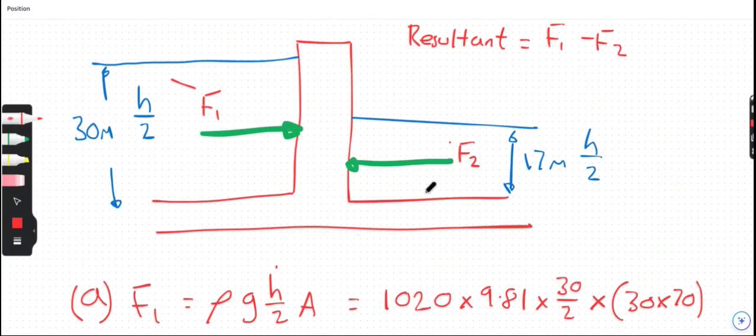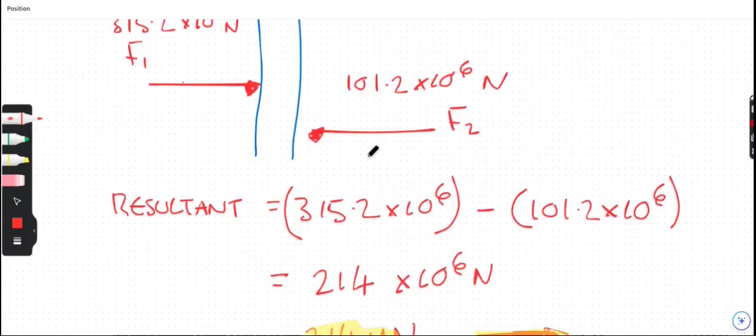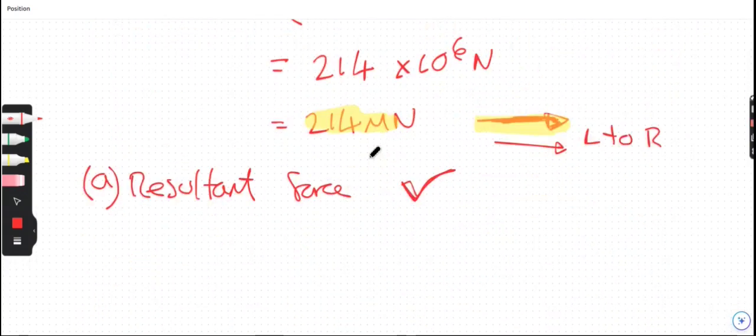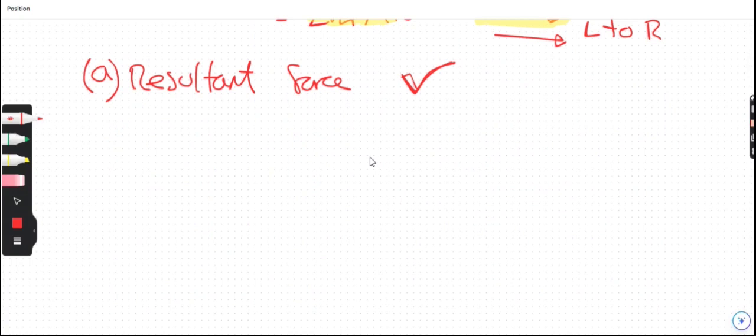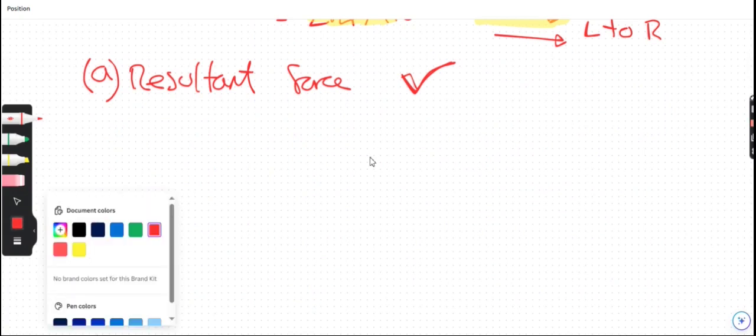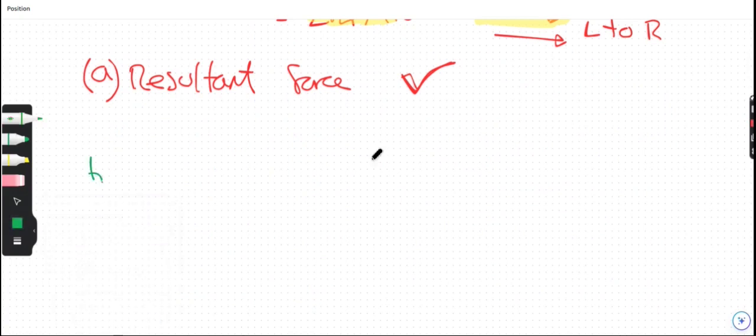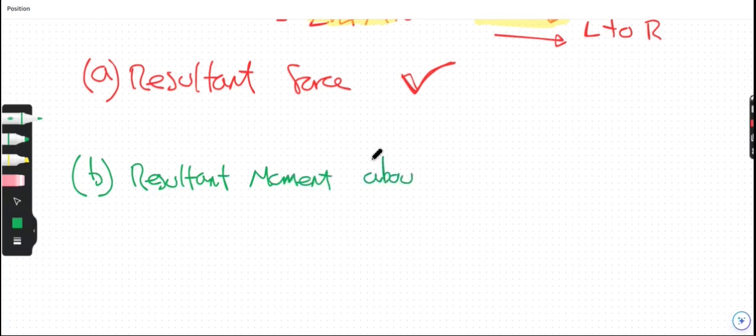Put the forces halfway to make it easier for ourselves. And we found that it's 214. So now we've got to find the resultant moment about the base, all about the base, remember that song? So all that means is